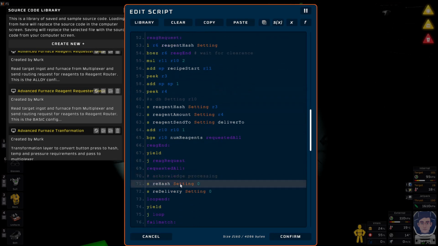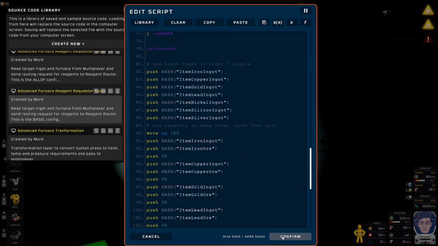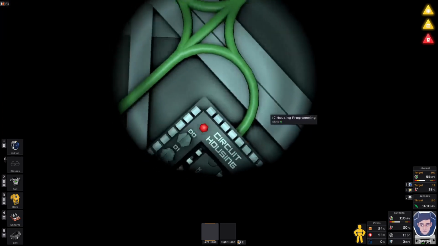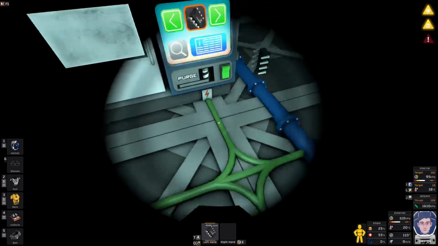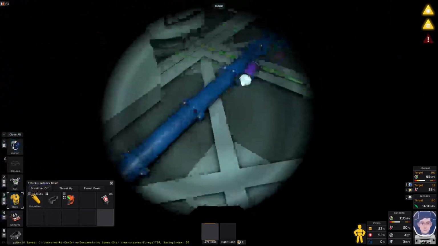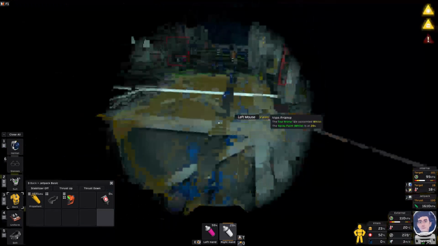Once it's done all of the reagents, it will then acknowledge I've requested all the reagents for the ingot you asked for, set those to 0 for the multiplexer, and then reloop. So we're going to have 3 of these ultimately. They're going to do basically the same thing but for different types of ingots. So let me just export that and drop that down there, and actually I'm going to paint that bright pink because I can, and I'm going to paint the other one white because I can,